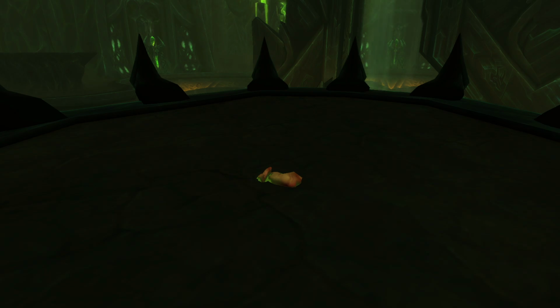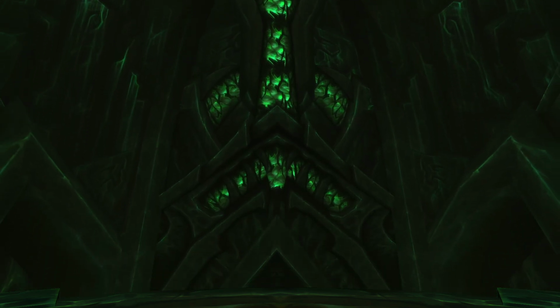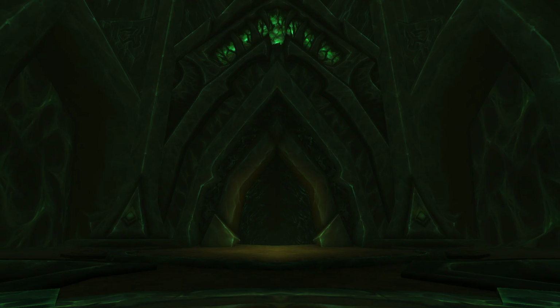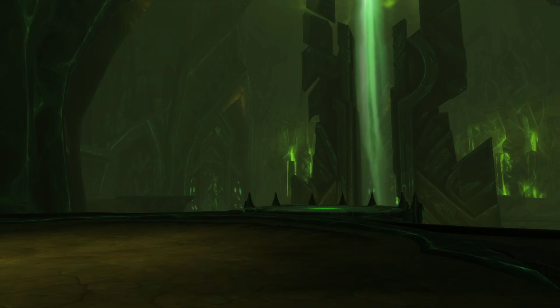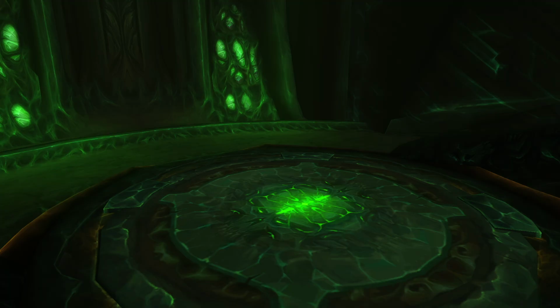It's also almost like a gotcha type thing. You run up and then they allow you all to gather around and you're like, where's the elevator? And then it comes down and squishes you. So for that reason alone, I think this is one of the funniest elevators in World of Warcraft. It's probably one of the best elevator bosses in World of Warcraft, but I think just in general, it is